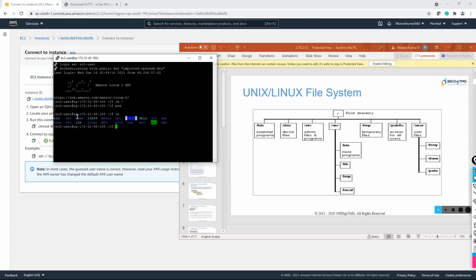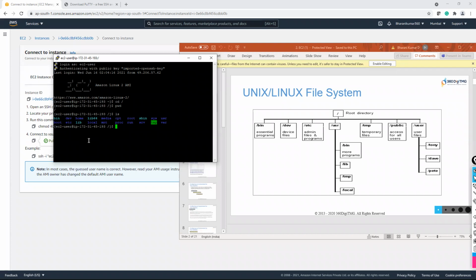In Windows also we have users. Sometimes you come across this, it will ask you to log in as guest or log in as administrator. If you try to change something, it will pop up this message: you don't have permission, log in as administrator. Something like that. Here in Linux also, there are two kinds of access to the operating system. One is regular access. Regular access has permission to read files, to move files, to copy files. All these permissions are assigned to a regular user.